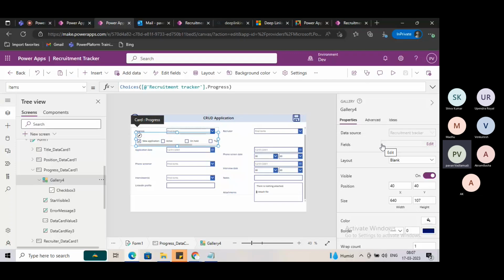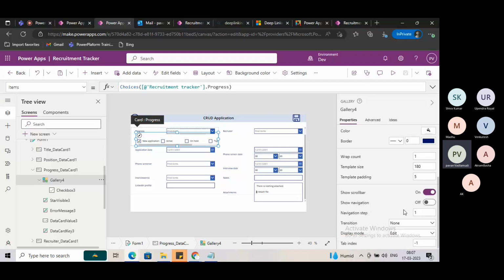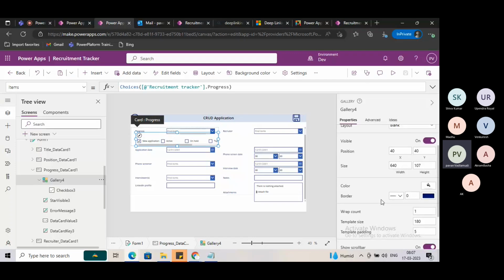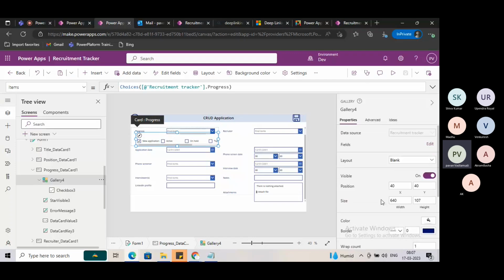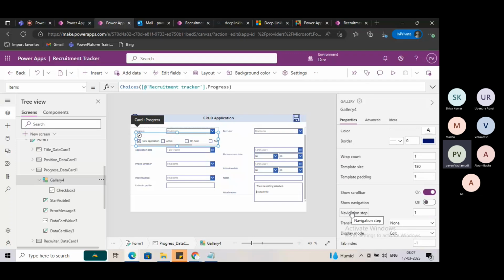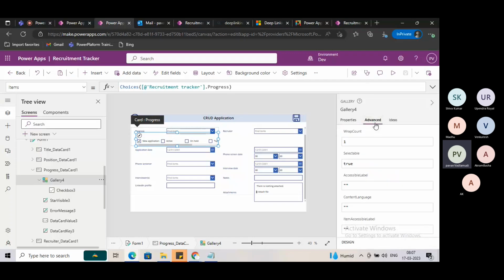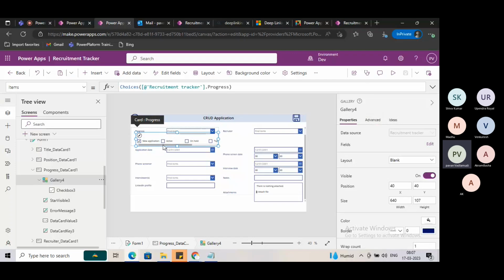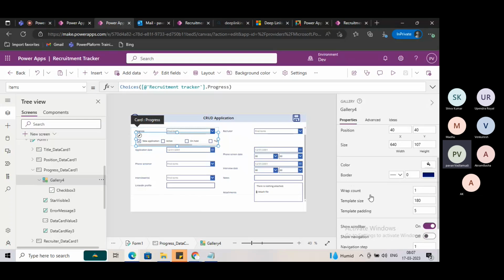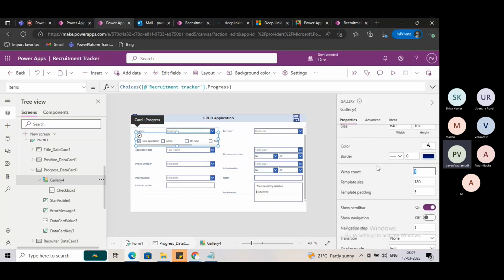Okay, we have to use the navigation step, template padding, border, navigation step, transition, tab index. Instead of horizontal gallery, we can use the vertical gallery. We have the option wrap count. We can give